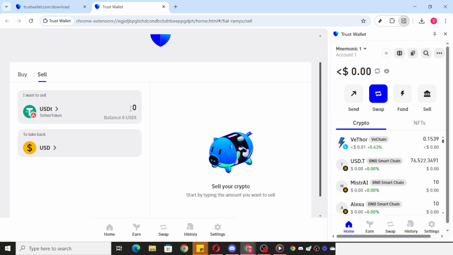The great thing about Trust Wallet is that it offers a seamless and integrated process so that your crypto management is as efficient and straightforward as possible. That's it. You've successfully sold your USDT using Trust Wallet. This method is one of the easiest ways to manage your digital assets and convert them to cash or other